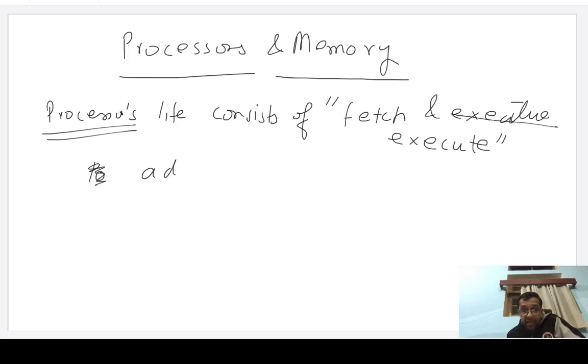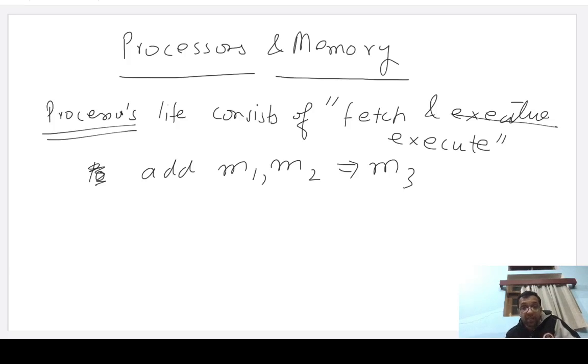Add the content of memory location M1. Now I am assuming that there is something called a memory which has some locations, and we will study that soon. So add the content of memory location M1 with the content of memory location M2 and put it in memory location M3. That is a sample